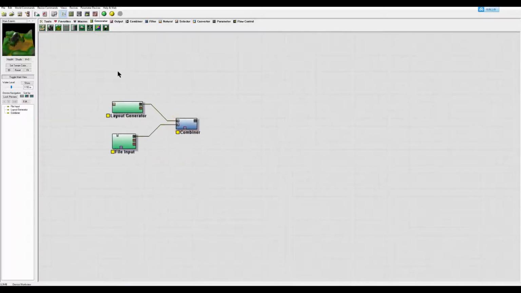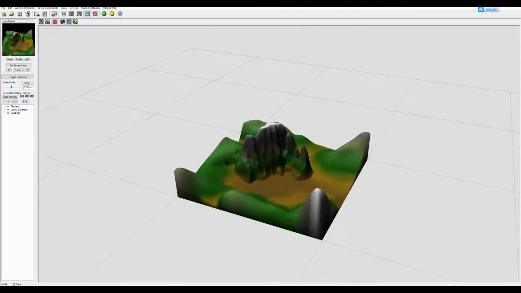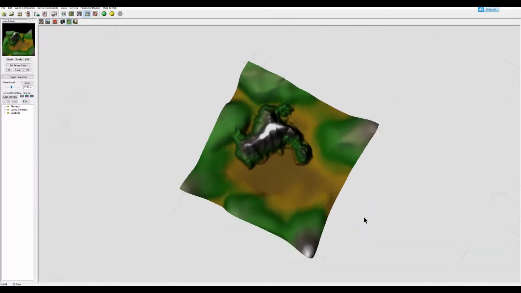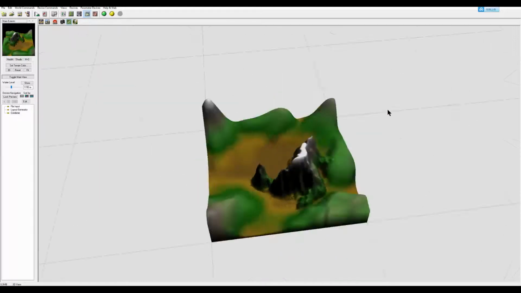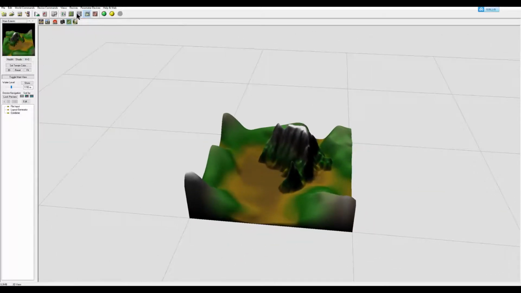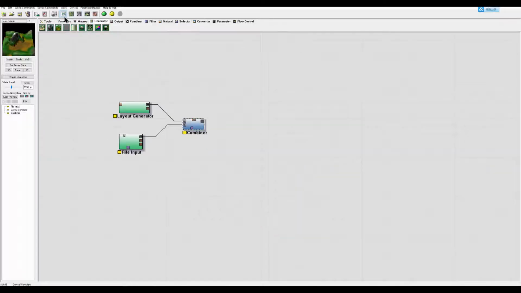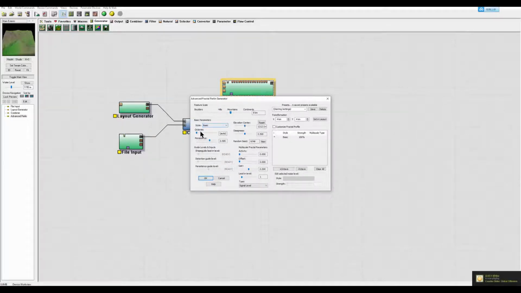Okay. Now let's see how we can get some more noise on it, because if you go to the 3D view here, see now this mountain looks fairly okay, but my other mountains are kind of simple, too smooth. So let's go back to the node, the device view, and you can use this advanced Perlin. What it does is use Perlin noise to generate a heightmap. You can double click on it and change something like maybe